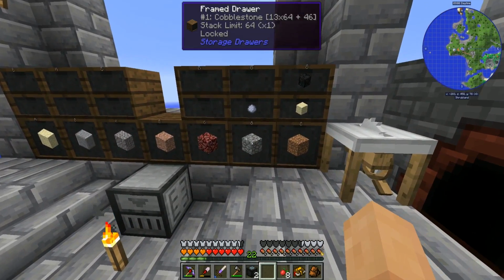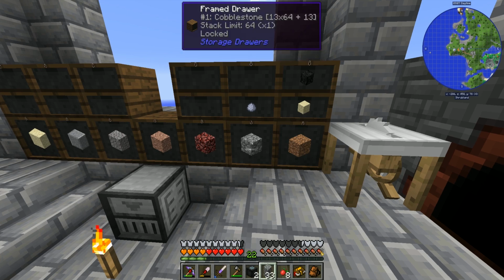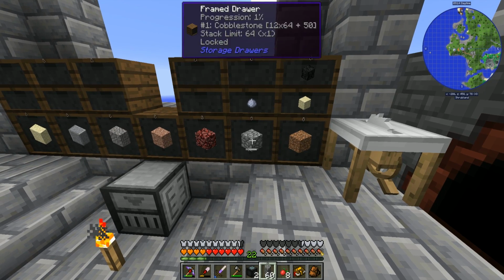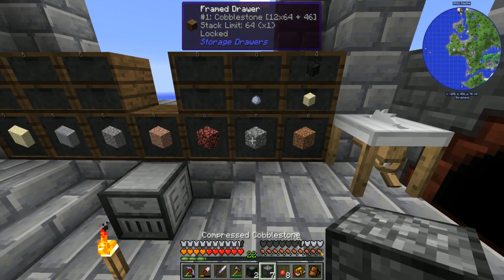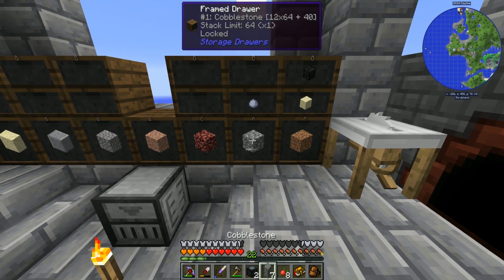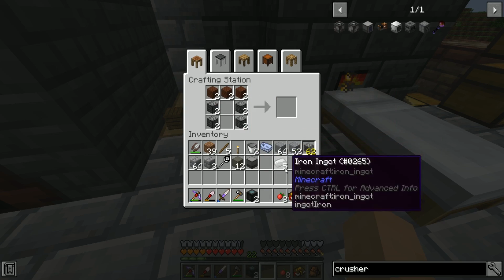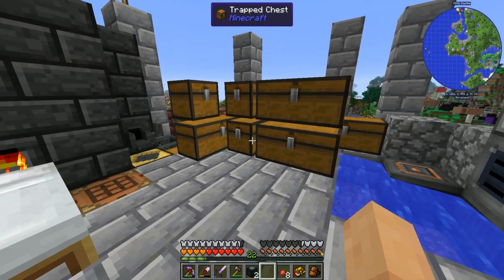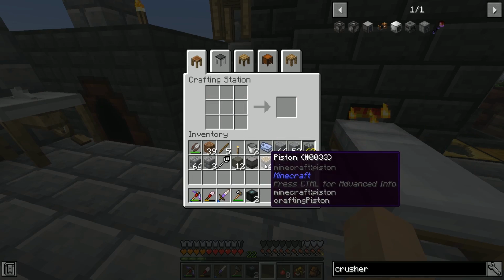Excellent. Compressed stone, we should be able to do here. It's going to be 9, 18, 36 stone per piston. Right? So that's 64 plus a little bit. Boom. Plus another 64 plus another 8. There we go. Compressed cobble. Excellent. Redstone, probably the easiest part of it. Like so. And iron plates, I have a whole bunch. So we can throw those guys in there. That'll give us... Oh, well...